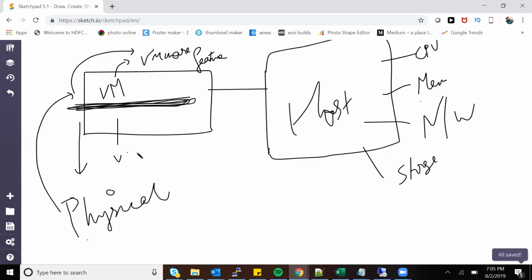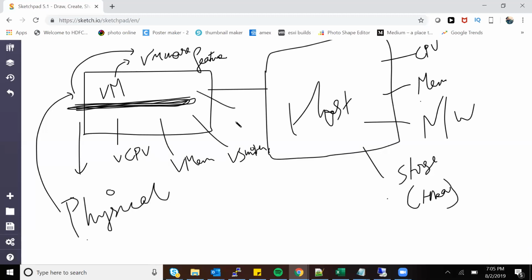It will be vCPU for virtual machines, memory will be vMem, network will be vSwitch, and storage will be HDD.